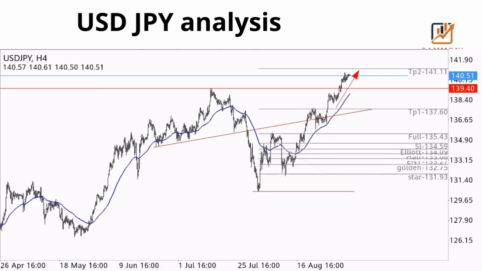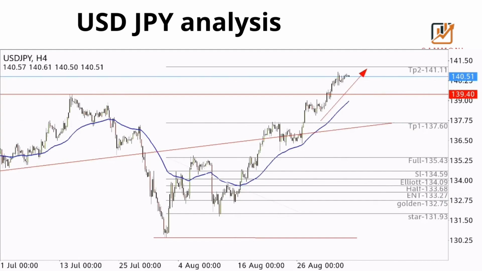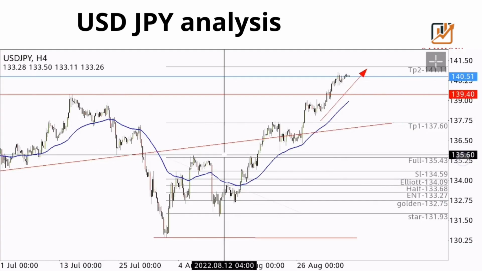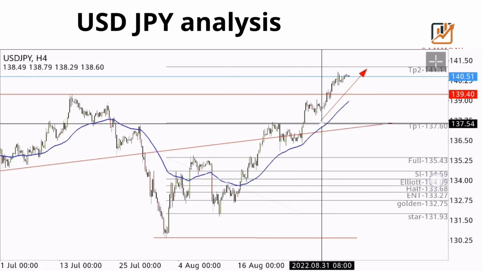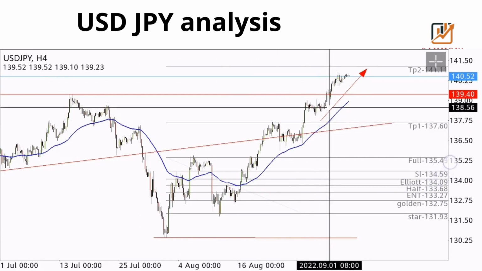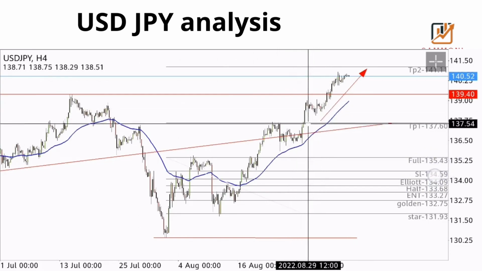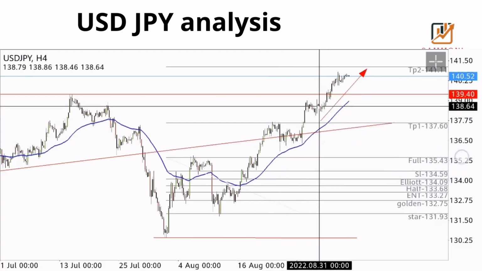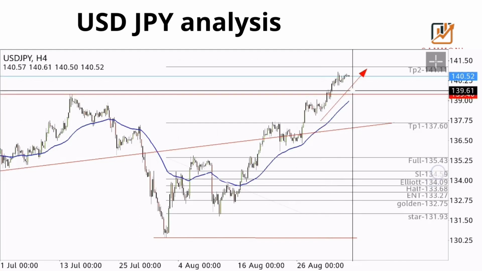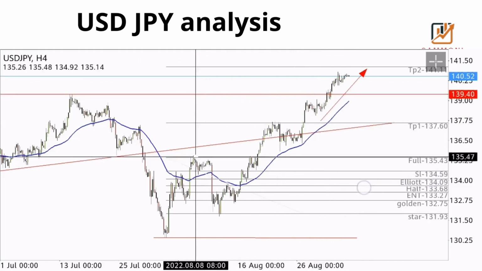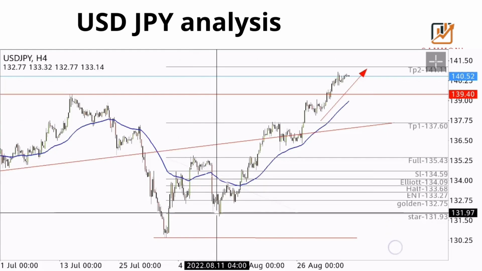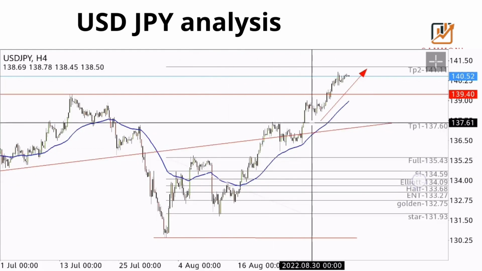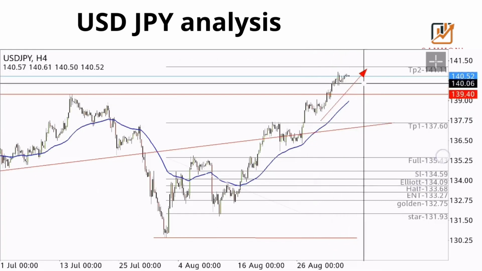Now discuss the USDJPY currency pair. As all of you guys noticed, in the previous session we discussed that until the market is holding above the 137.60 level and holding above this moving average 50 exponential, the moving average 50 exponential is continuously pushing the price in the upside direction. If you draw the Fibonacci retracement from that to that point, your first target, take profit 1, is almost achieved at 137.60 and your next target